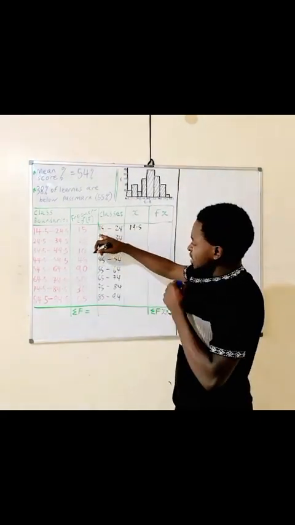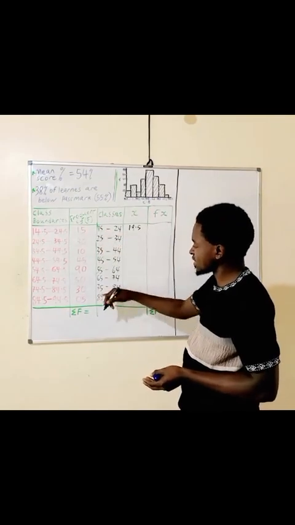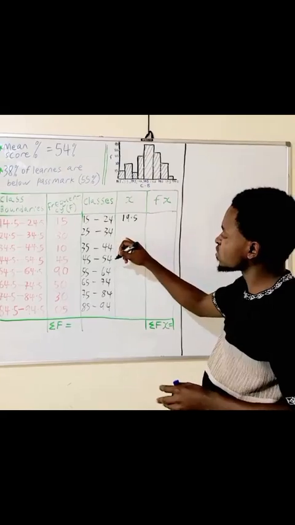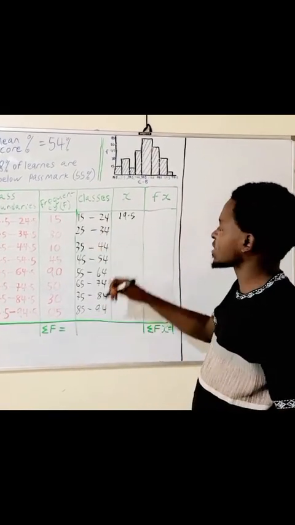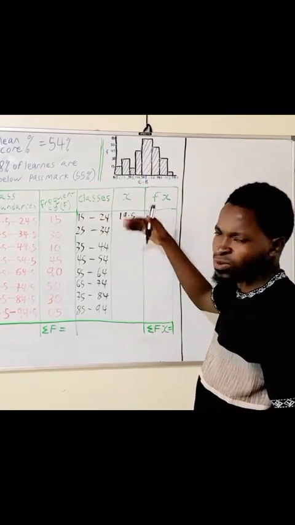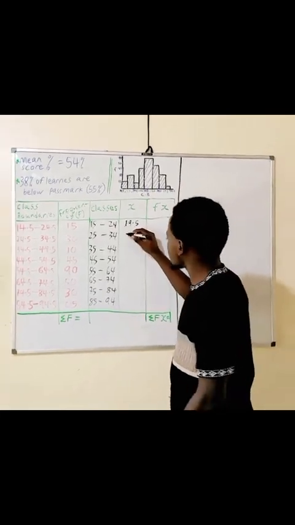Since my class interval is the same, a difference of 10, there is no need of getting x for each and every class. If I get the first x, I just go on adding 10 as the class interval. So 19.5 plus 10 is